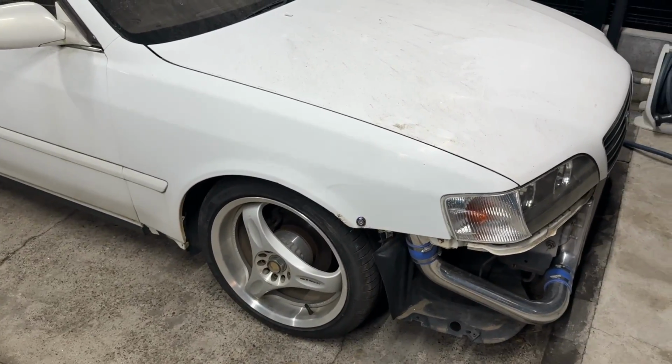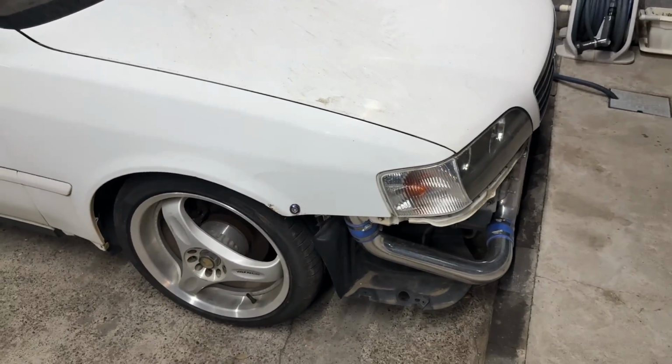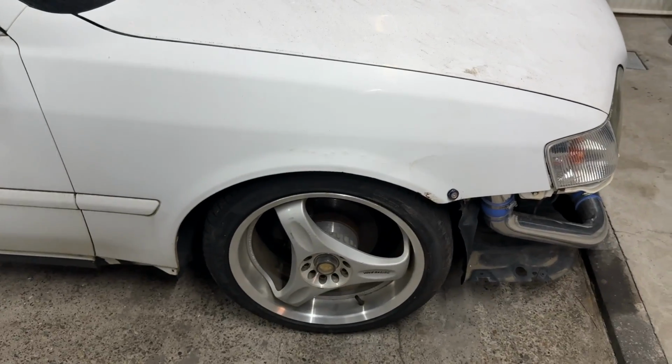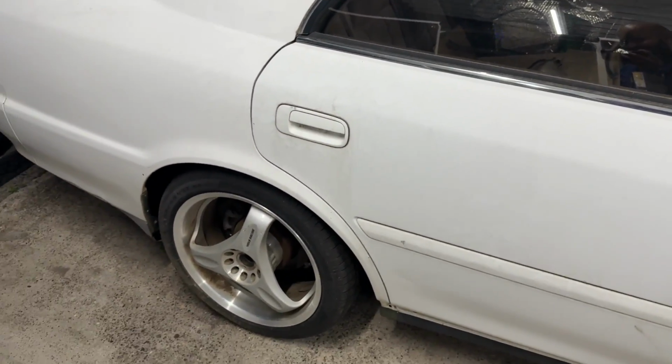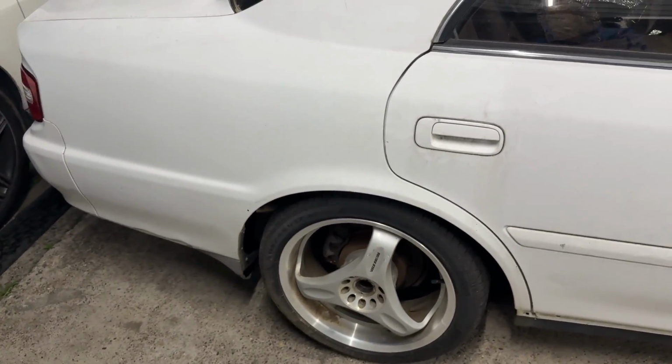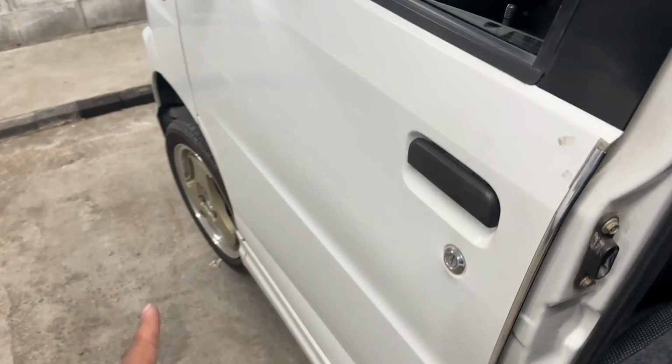Update, currently at the mechanic homie shop. Today's just full of W's. Started off a little rocky a couple days ago with the Lisa and the auction being a complete L, but next to us we have a stick shift drift car on Ray C Ultra, a rim that I'm very familiar with. So what we're gonna do today is actually an oil change, which is great because it's my first oil